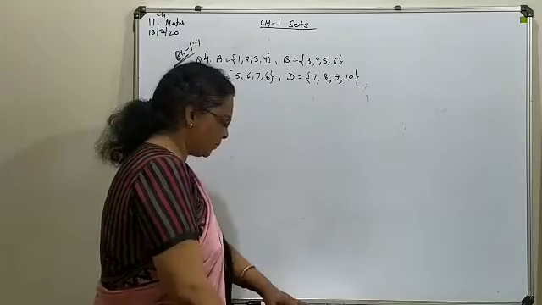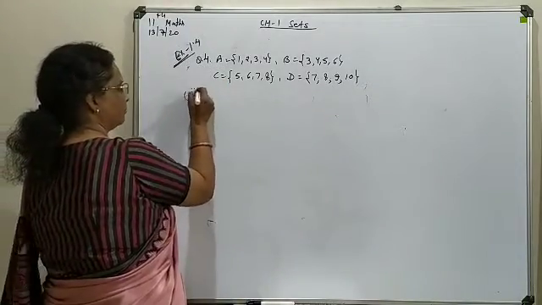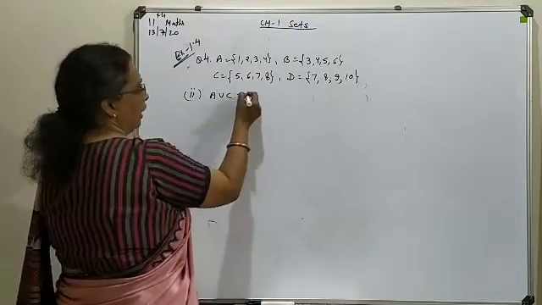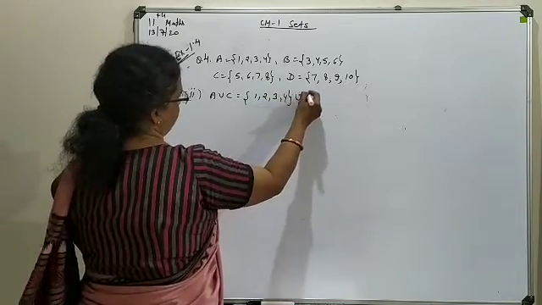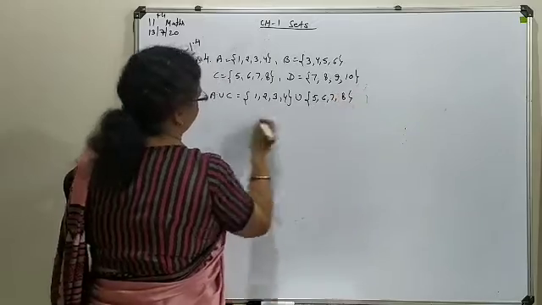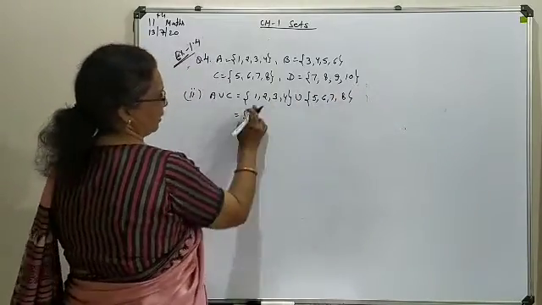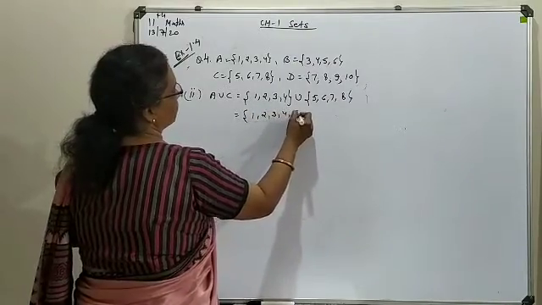First we are going to pick up A union C. That is the second part. Again, as I said, write in a formal way. Writing in set theory form is an important part of the solution. Don't skip directly to the final answer form. So here 1, 2, 3, 4, 5, 6, 7, 8. So 1 to 8, all the elements will be combined over here.